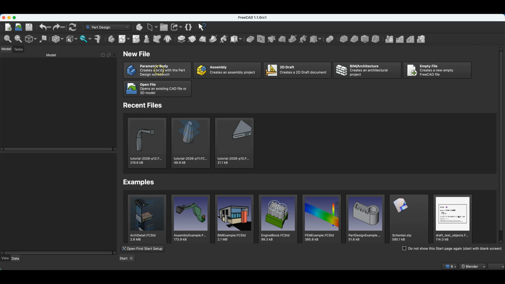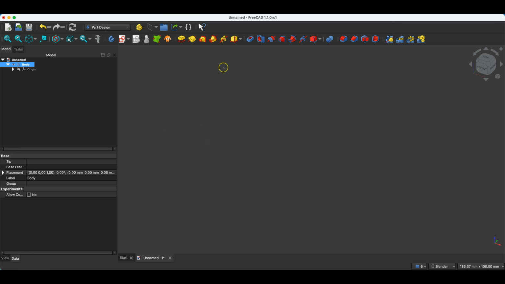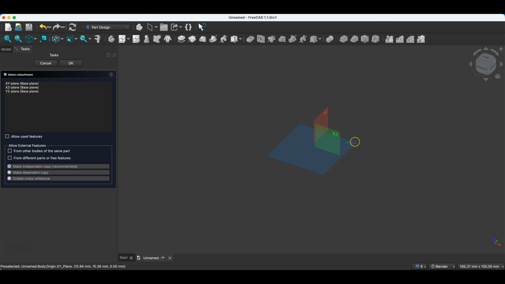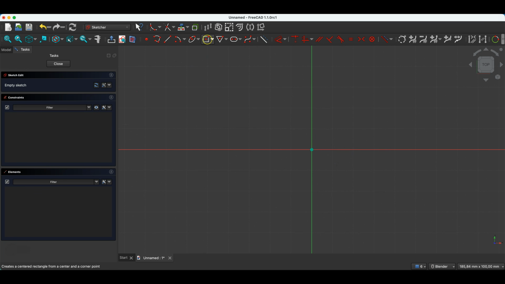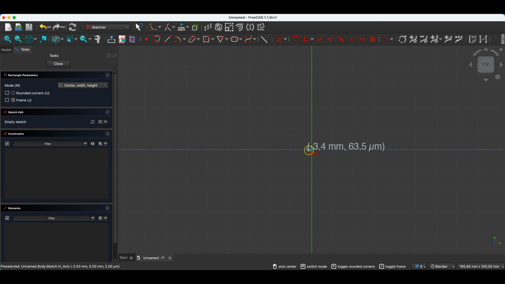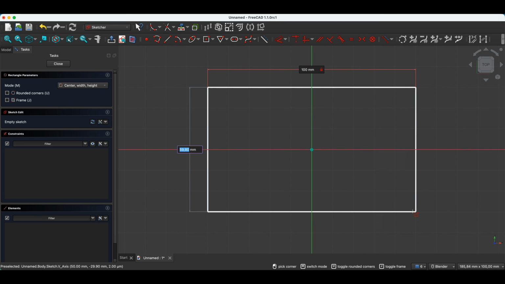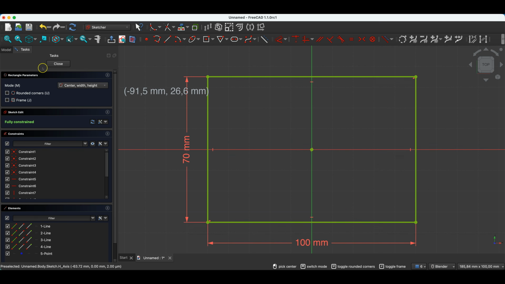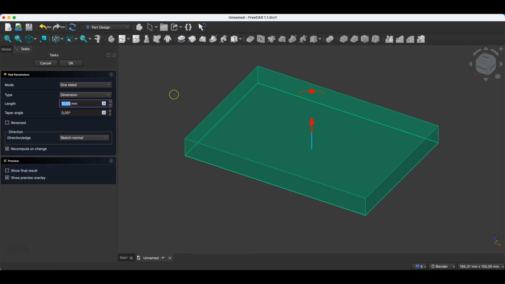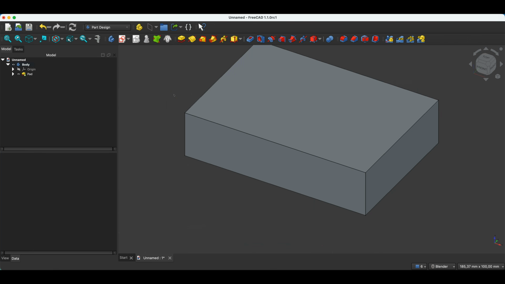We start a new project as a parametric part, and here I will create a sample solid from which I will remove material. I will simply create a rectangular box, for example, with dimensions of 100 by 70 millimeters. And based on this sketch, I create a solid with a height of 25 millimeters. And now regarding the subtractive loft operation,